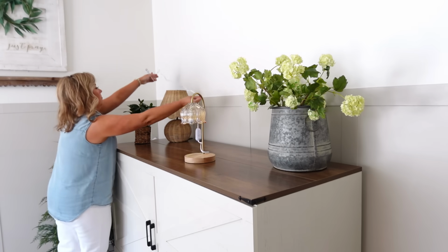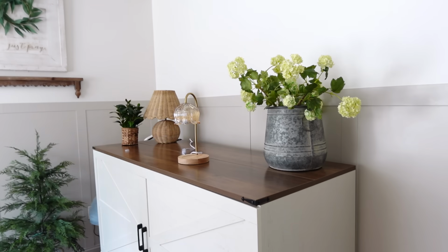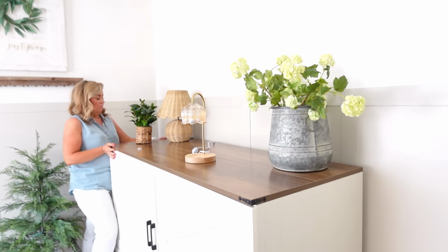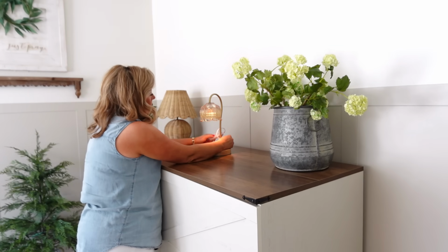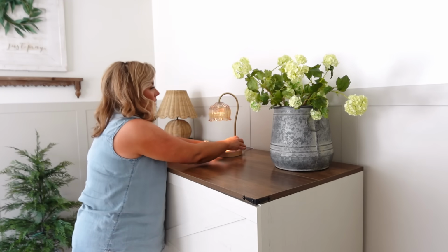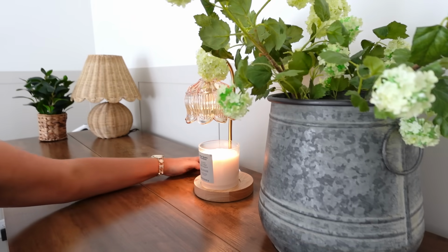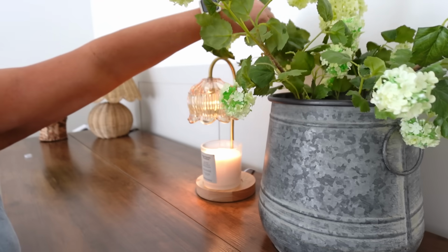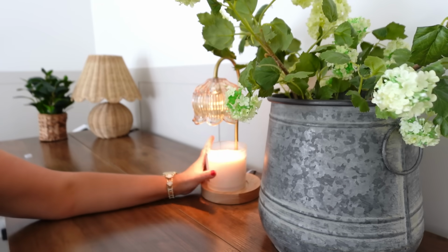You can leave it on all the time. It's got a timer, and not only does it offer a really beautiful warm glow, but it also just gives a really nice scent in the room, and you don't have to leave a candle burning, which is really, really nice. I grabbed a Better Homes and Gardens candle. I think it is coconut and mahogany maybe, or something like that. I'll link everything below, like I said, and it smells really good and clean. I did just flip the candle around so you don't see the label, and it just looks really clean, really